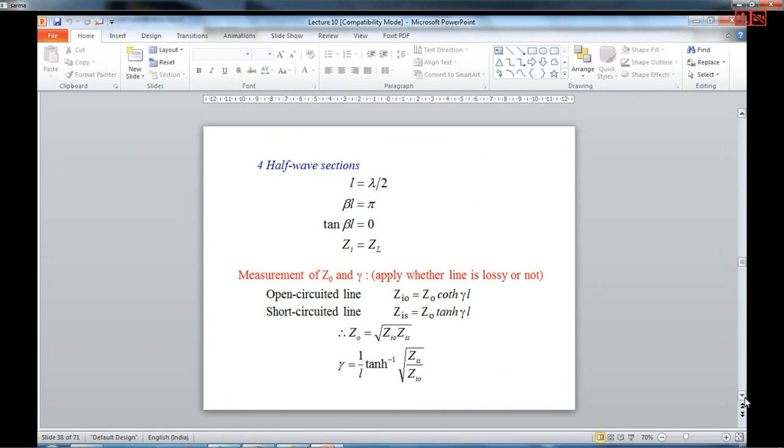The short circuited and open circuited input impedances measured will give you the characteristic impedance if you take the geometric mean between them, and they will also give you the propagation constant by taking the second expression as shown here, 1 by L tanh inverse square root of ZIS by ZIO. ZIS is when the line is short circuited, what is the input impedance? When the line is open circuited at one end, what is the input impedance? So these are the methods, that is open circuit and short circuit impedances are crucial for all the transmission line